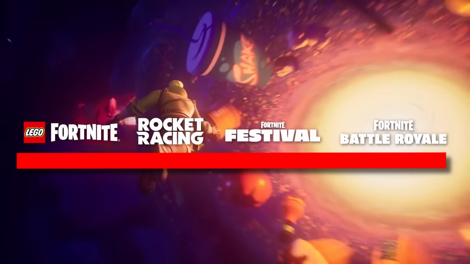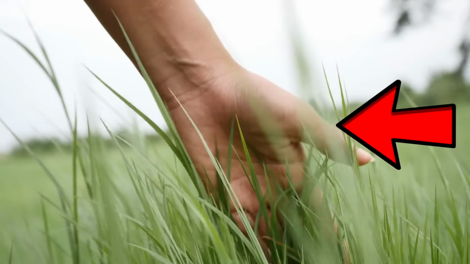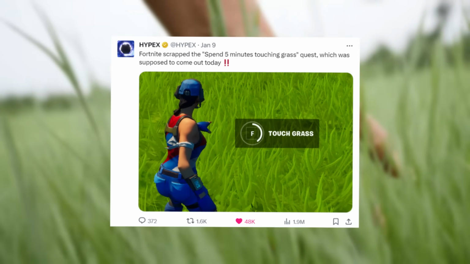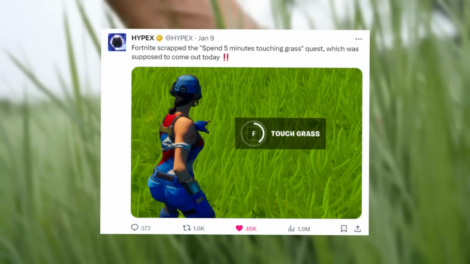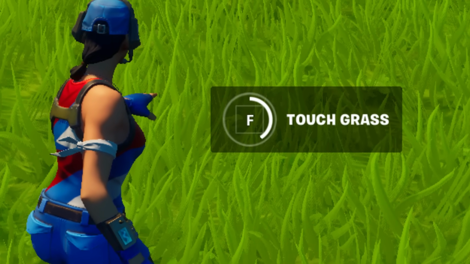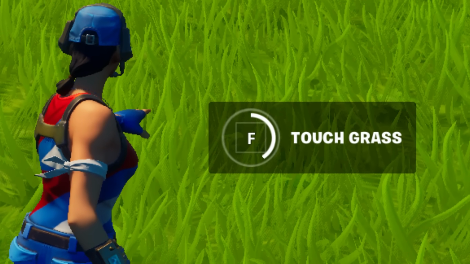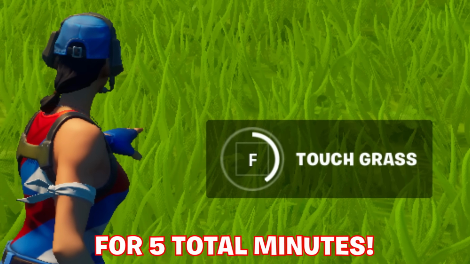Although we do have these modes whilst we're waiting for 28.10, many of you may have wanted to go outside and actually touch grass, but Fortnite were actually meant to have a challenge that they scrapped now according to Hypex and other data miners, stating that we need to spend 5 minutes touching grass as a quest which was meant to come out January 9. If they do add this in the future, hopefully it's something we can do over time progressively across different games instead of having to hold down F or whatever interactive button for 5 total minutes